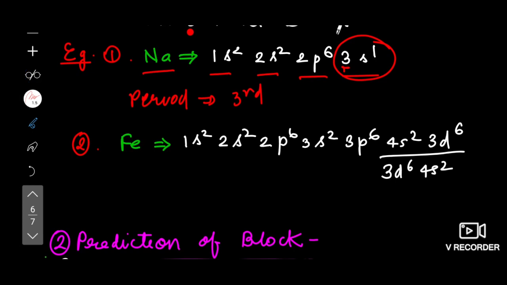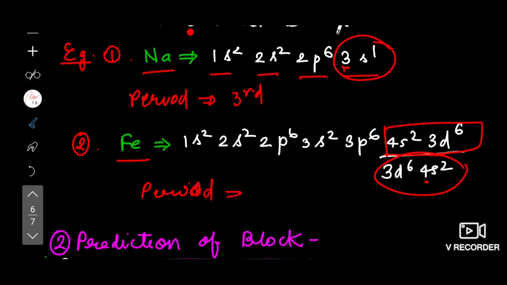Now take the second example, that is of Fe. If we see the valence shell of Fe, we can write the outermost electronic configuration of Fe as 4s2 3d6 or 3d6 4s2. Then in this, if we take the highest quantum number, that is 4, then the period to which iron belongs is the fourth period. Okay, then to find the period to which an element belongs, just find the highest quantum number in the electronic